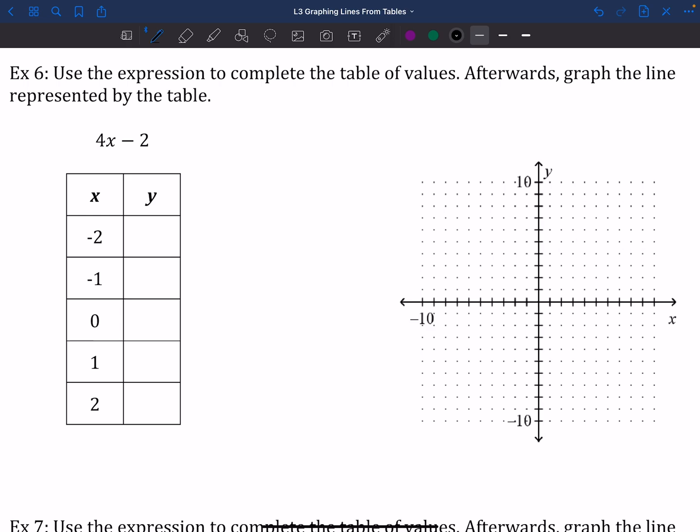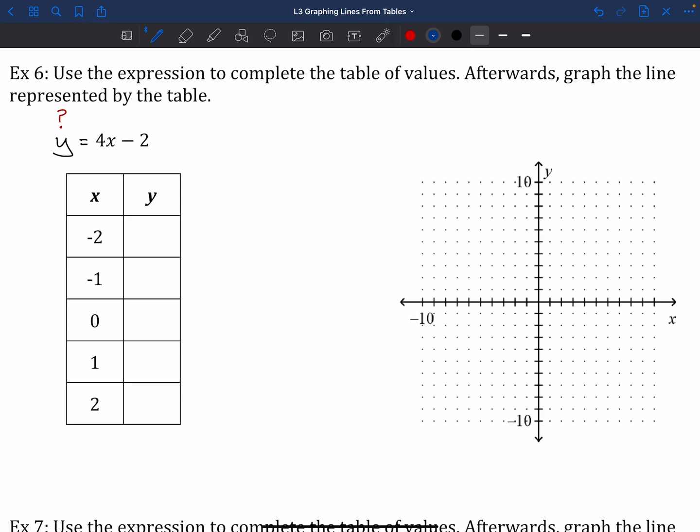So one other way that we can use a table of values is to help us finish off some information so that we can graph something. What we've got here, 4x minus 2, is actually pretty darn close to being a form of a line that we're going to talk about in the next couple of days or weeks. We have all these values for x, but there's nothing in the y column. So we're going to say that y is equal to 4x minus 2. To figure out what y is, because we don't know what this is for pretty much any of them,